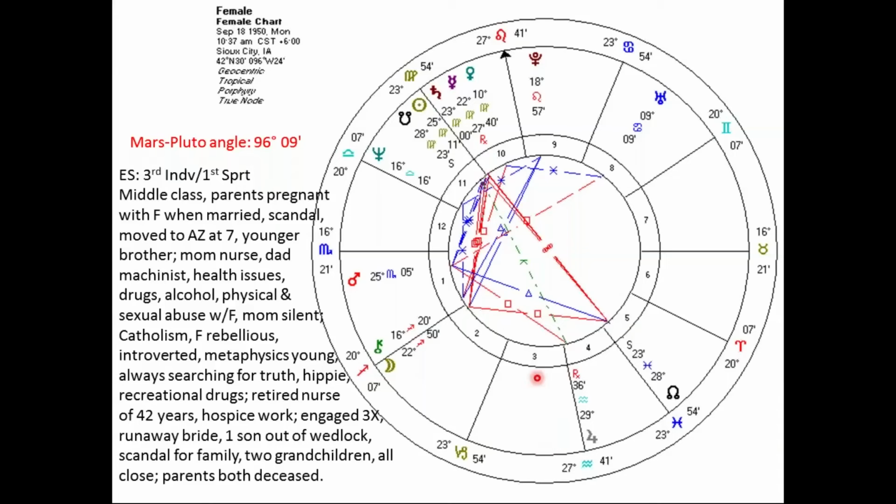We have a tendency to compare the planets to the Pluto polarity point, okay? Just because it is so germane to the EA teachings. So Mars is in that last quarter square to the PPP,